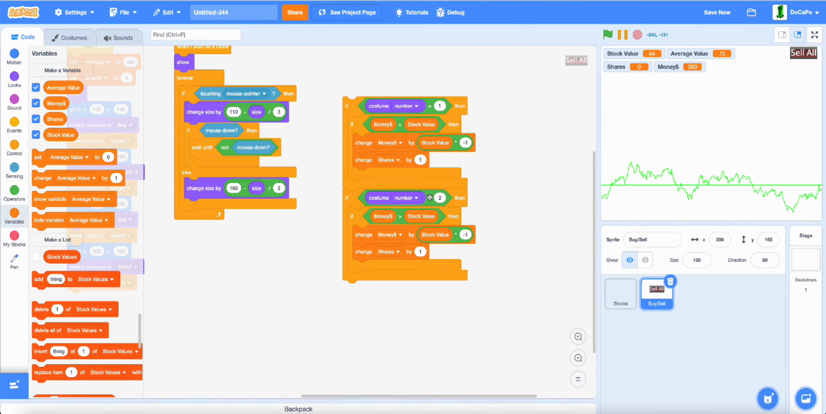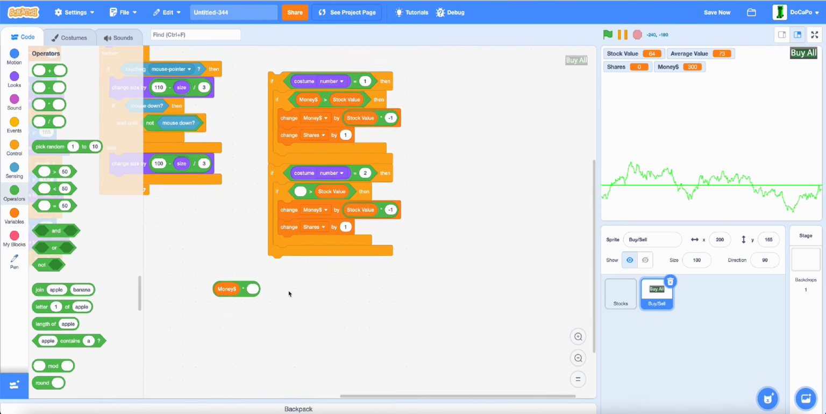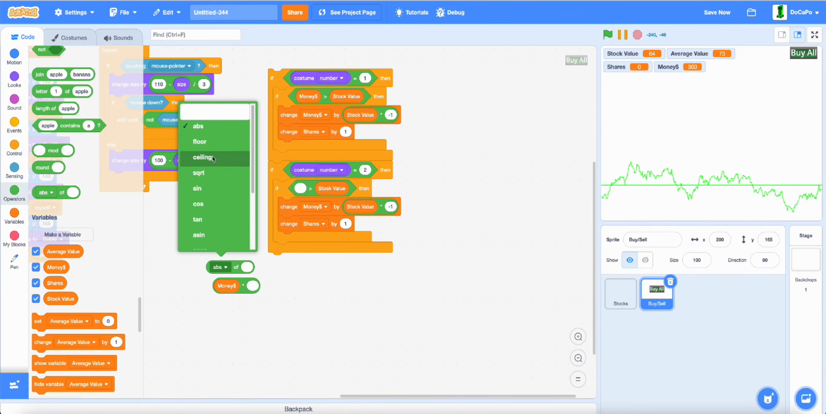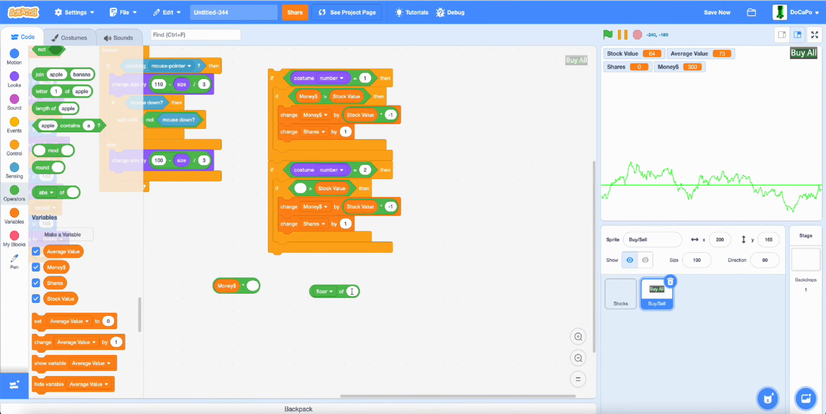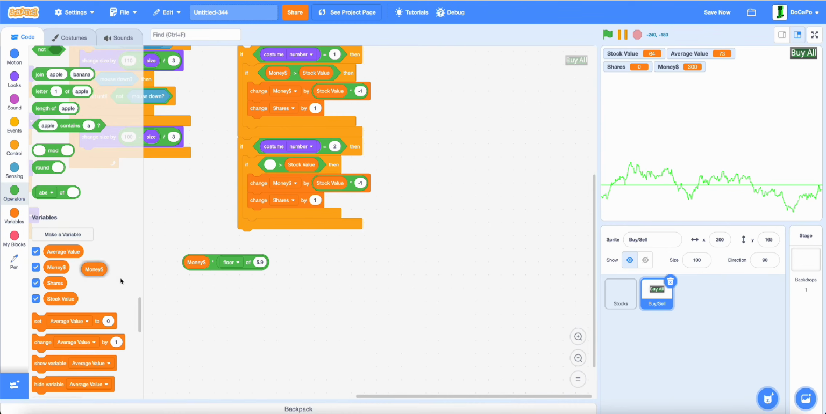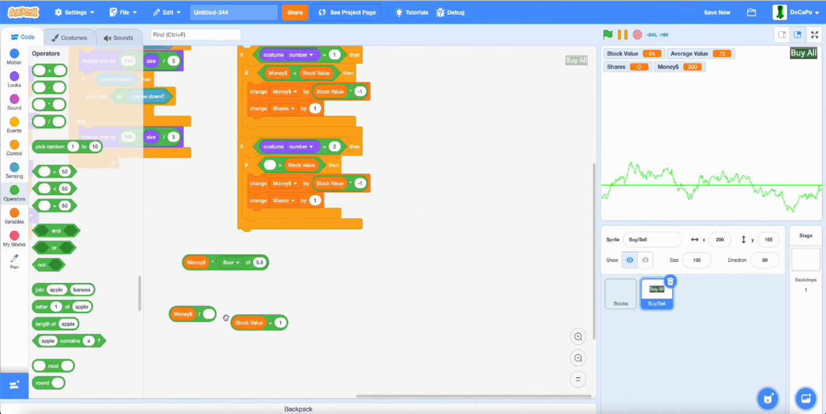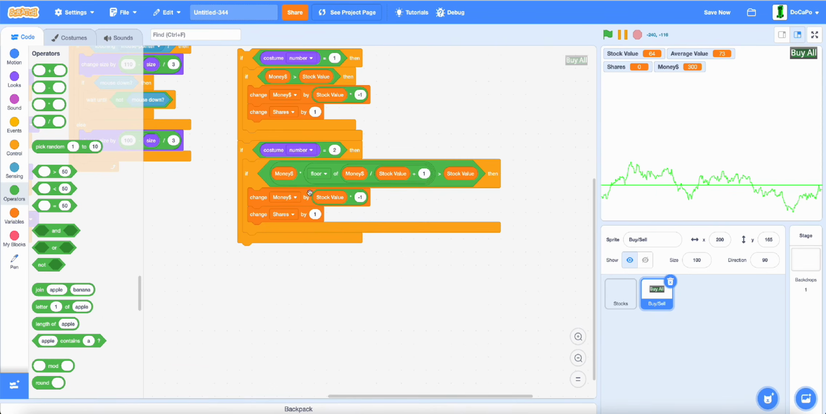And now we check if costume number equals 2, which is the buy all button, and now in here we check if money times, and now we do a bit of math. Now the floor of, and floor, the floor thing is basically rounding, but if it has a decimal 5.9, it will go 5, basically removing the decimal. And now money times floor of money divided by stock value plus 1, so that if it was a 0, it wouldn't go infinity, like this. And if this is greater than stock value,